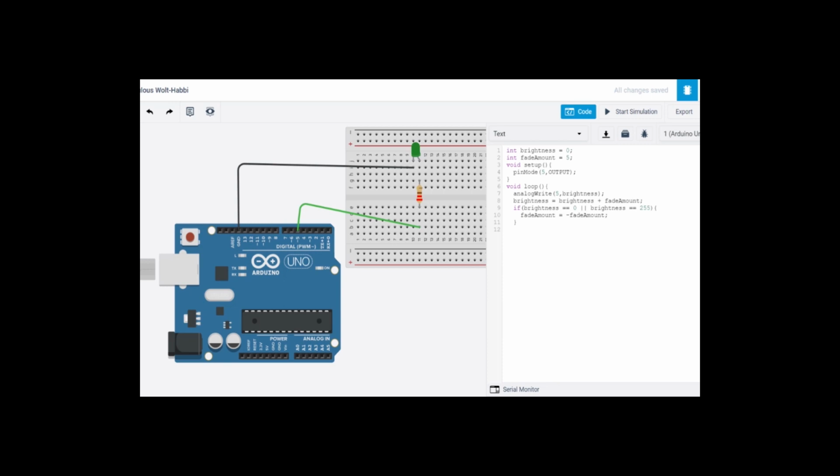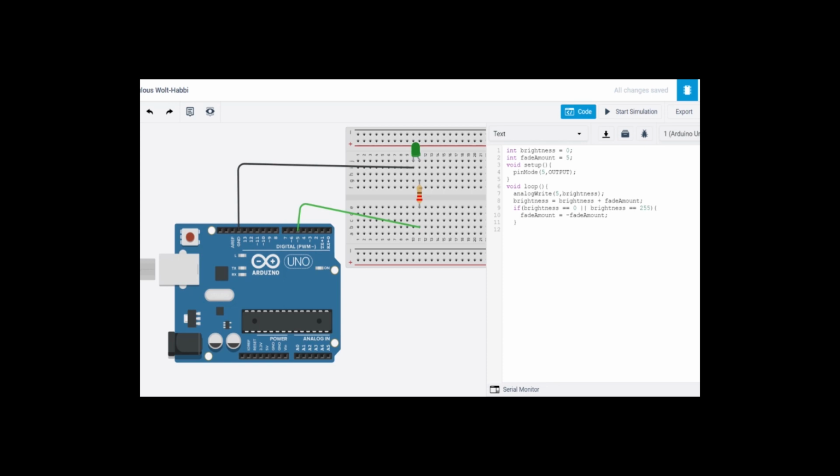Let me explain why we are using this if conditional statement. We know that we are giving the output through brightness values, right? For every iteration, brightness increases by the fade amount, whose initial value is 5. As brightness starts from 0, when it reaches 255, which means the LED glows with highest brightness, it has to decrease.